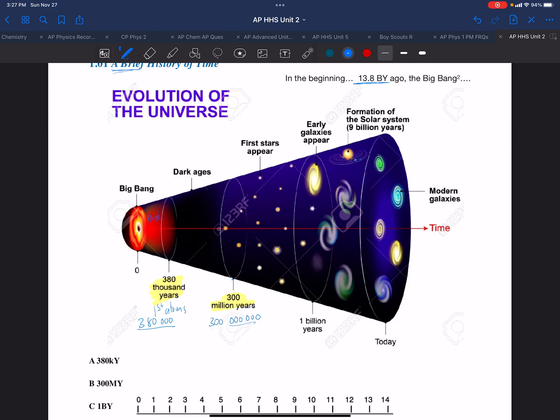And after about 1 billion years, or about 3 times longer than it took for the stars to form, we have our first galaxies. And then today, we are at about 14 billion years. So the major events are first atoms, first stars, first galaxies, and today. And every self-respecting science student should know and kind of have that timeline in their mind.